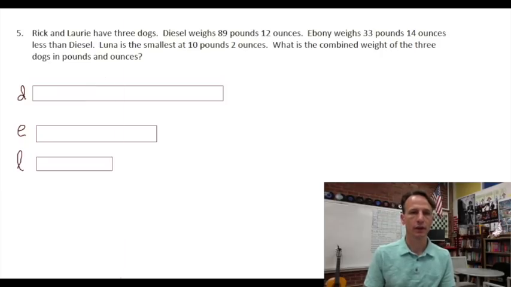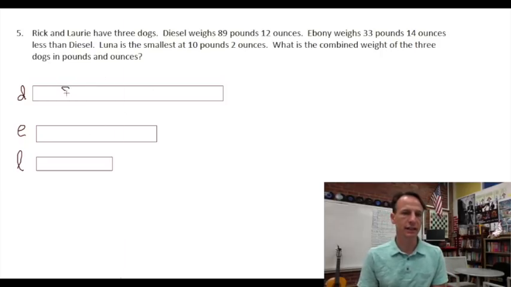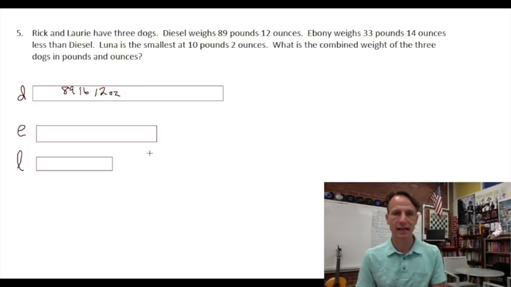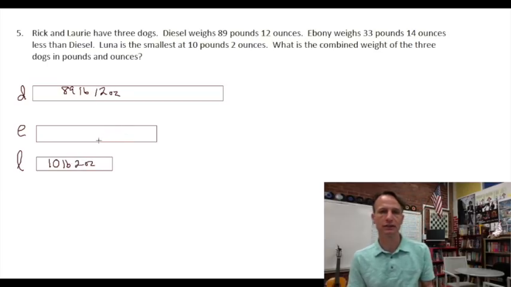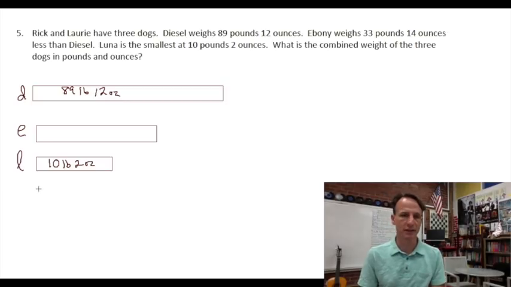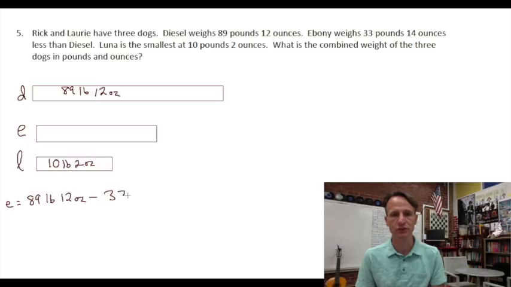All right, anyway. So Diesel is 89 pounds, 12 ounces, and we're just given that. In fact, let's skip down. Luna, we're told, is 10 pounds, 2 ounces. We're just given that. The only one we really have to figure out is Ebony, of course. And so let's do that math on the side here, and you'll see why. So Diesel is 89 pounds, 12 ounces. And to get Ebony's weight, so we could say E equals, we need to subtract the difference between them, which is 33 pounds,